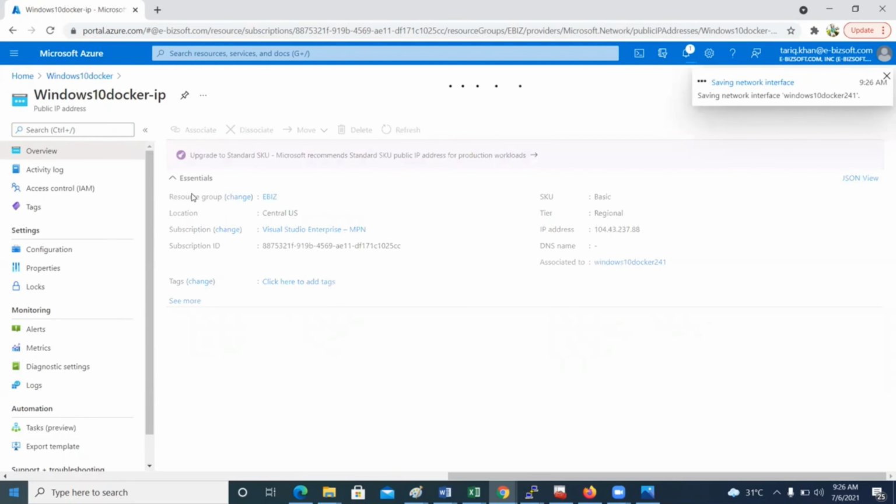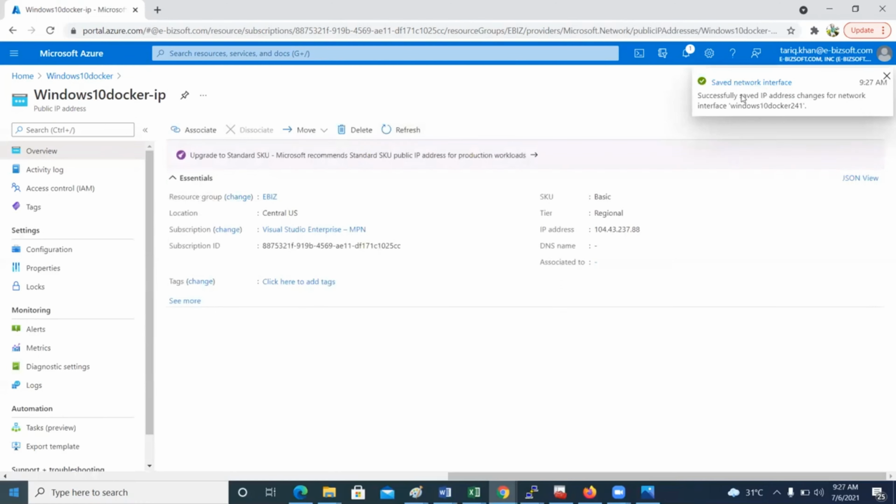So this public IP address will be removed from this virtual machine, and then we will move with the implementation of Azure Bastion. So we will wait for a few seconds, and this VM will save this configuration changes over here, and then we will go with the implementation of Azure Bastion, which is really simple, and within a few clicks we can easily implement this secure technology for our virtual infrastructure.